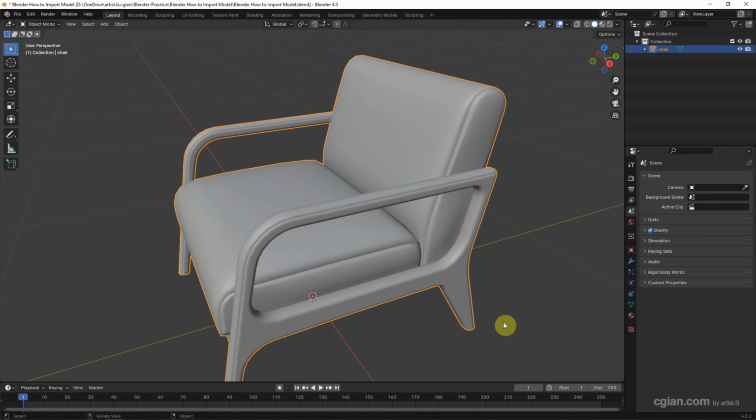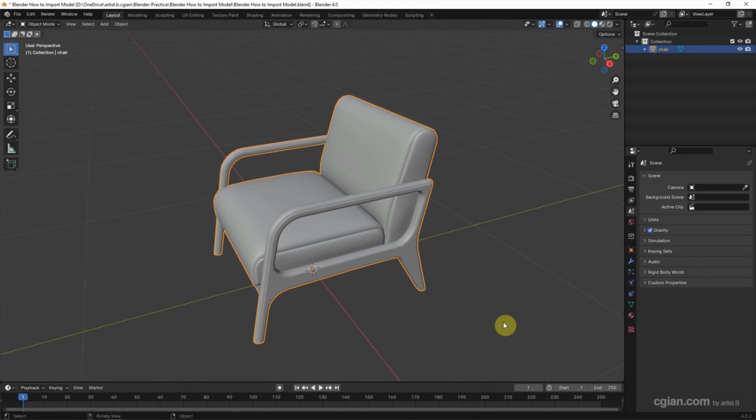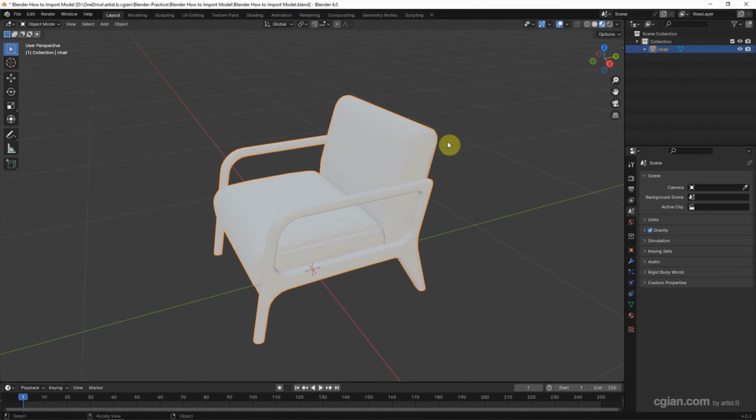I press Home key to trim all. If we want to preview the texture and material, we can switch to Material Preview. We can check that the model is in white color. If you want to change or relink the image texture, we can select the object and go to Material Properties